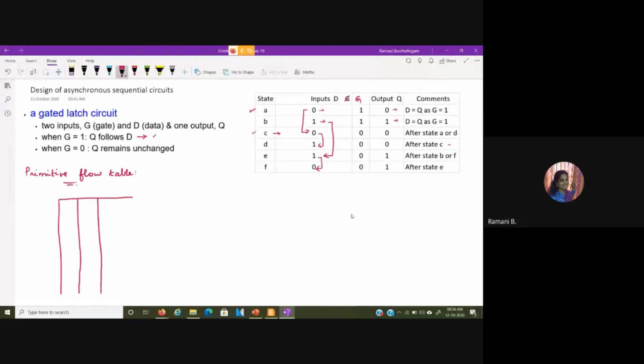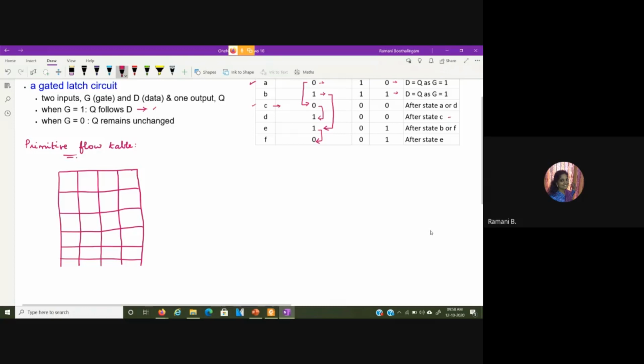For that purpose, here we have two external inputs D and G, and here we have 6 states: A, B, C, D, E, and F.